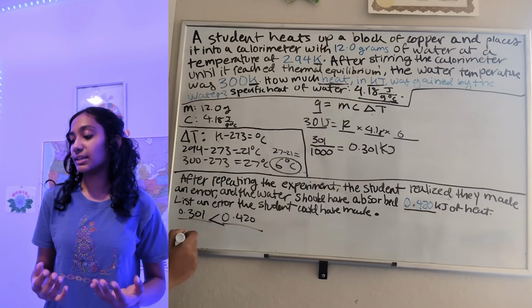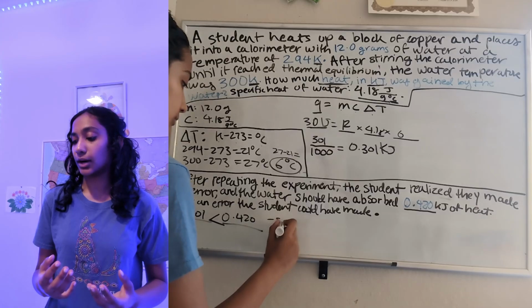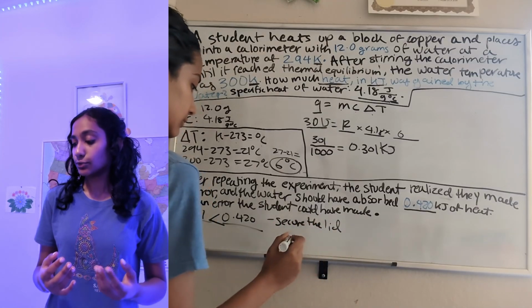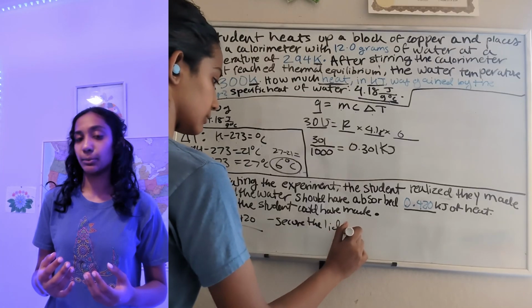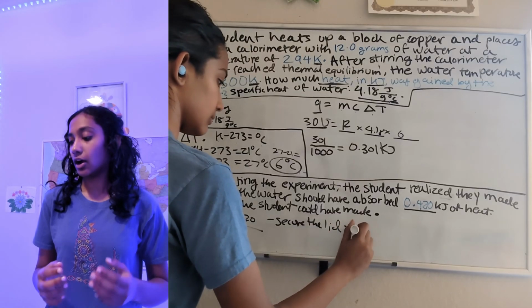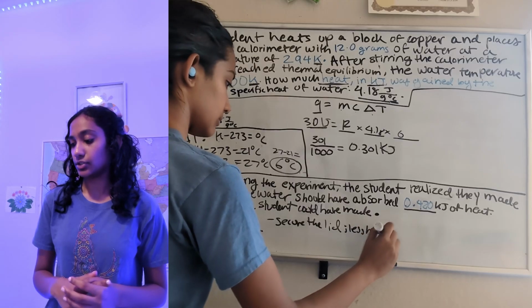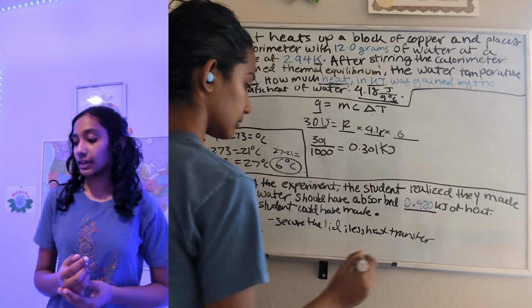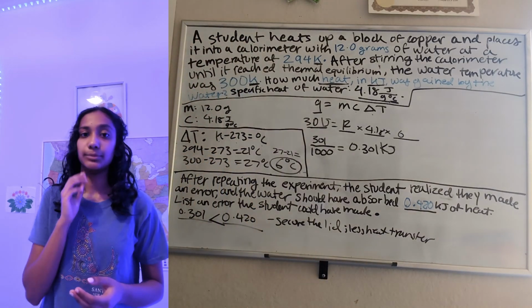One reason for this could be that the student didn't secure the lid properly on the calorimeter, allowing some of the heat to escape. This would mean that not all of the heat from the copper block was transferred into the water, artificially lowering its final temperature. Then, with this lower final temperature, the student would have calculated a lower value for the heat absorbed by the